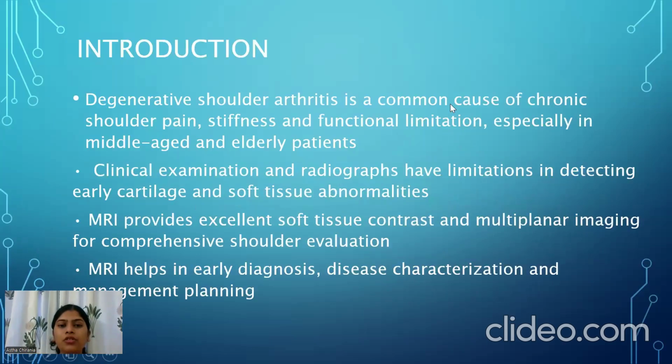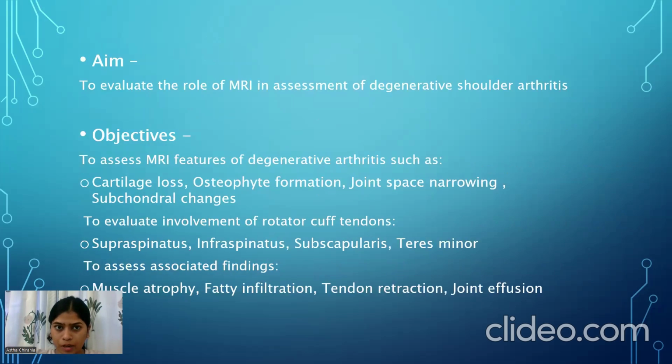Introduction. Degenerative shoulder arthritis is a common cause of chronic shoulder pain, stiffness, and functional limitations, especially in middle-aged and elderly patients. Clinical examination and radiograph have limited role in detecting these abnormalities, and MRI provides excellent soft tissue contrast, which helps in early diagnosis, disease characterization, and management planning. The aim of this study is to assess the degenerative shoulder arthritis